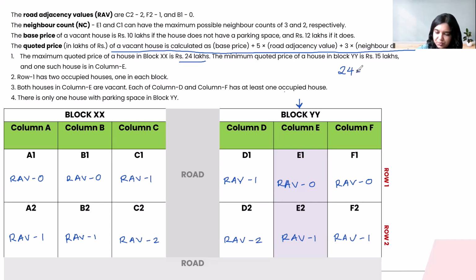I know that the base price can either be 10 or 12. So starting with 10, that means a house without a parking space. I need the road adjacency value to be multiplied with 5. So if I take road adjacency values, I can have 0 or 1 or 2. I have to make a 24. So let's see how I can get a 24 from the road adjacency value plus the neighboring count over here. If I have to make a 24 with a 10, that means I have to be sharing